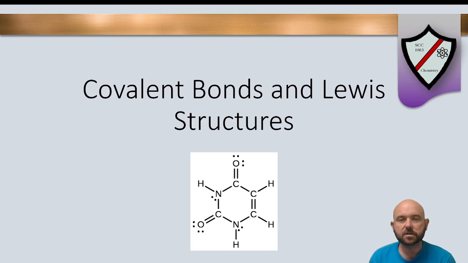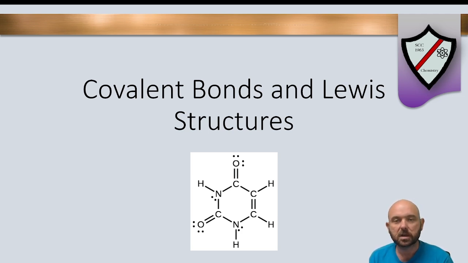Hello there, chemistry students. Mr. Brown here, and in this video we are going to learn about covalent bonds and Lewis structures. And we're going to talk about how covalent bonds are formed, and we're going to learn about how to predict what a molecule might look like based on the properties of covalent bonds and drawing these simple structures we call